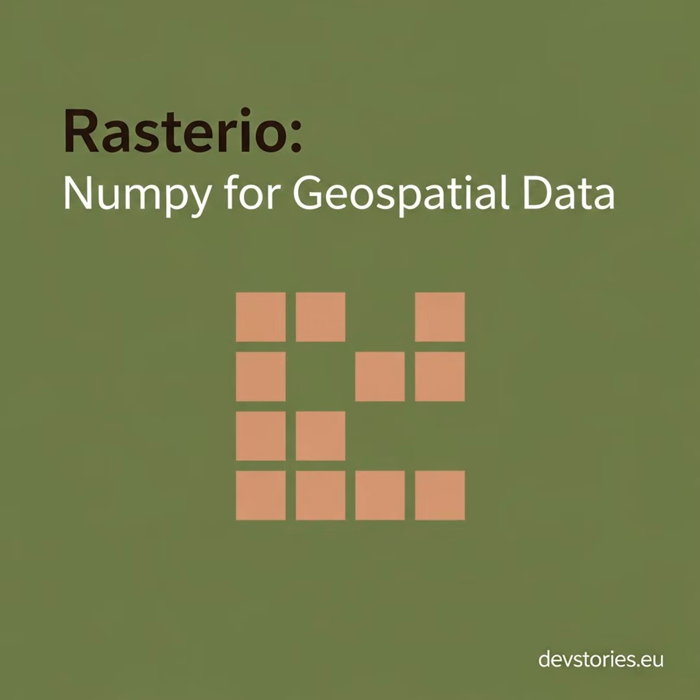Therefore, the mask function returns a tuple containing two items. The first item is your newly cropped Numpy array. The second item is a brand new affine transform object. This updated transform holds the new origin coordinates. If you want to save this newly cropped array to a new file, you must pass this updated transform into your write profile. If you reuse the original statewide transform by mistake, your tiny farm image will be stretched back across the entire state. The real value of the mask function is that it handles all this spatial recalculation for you